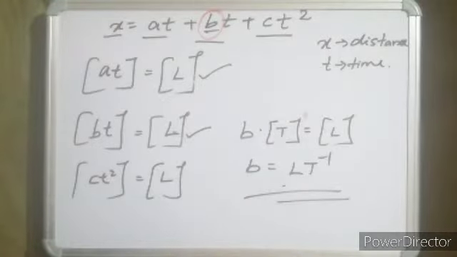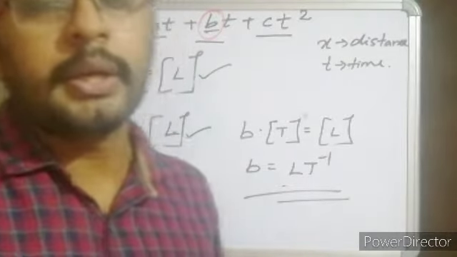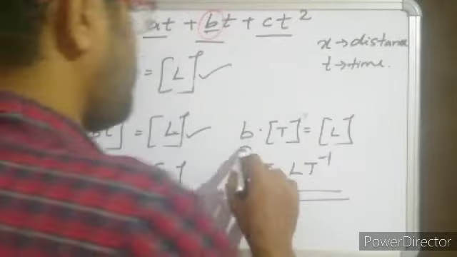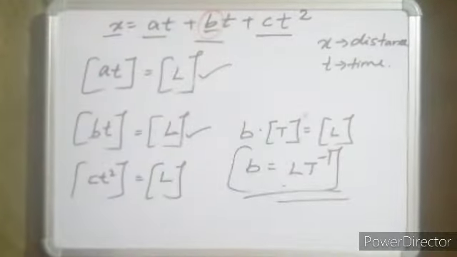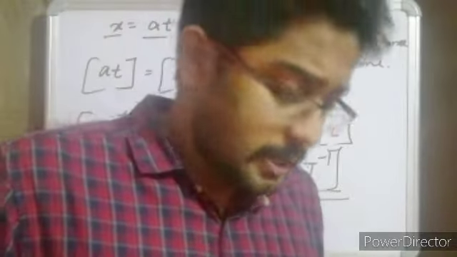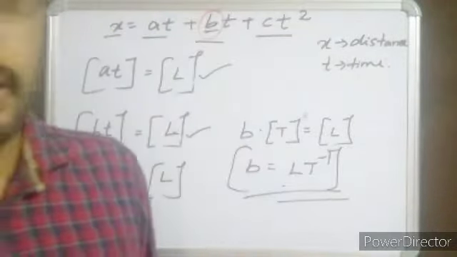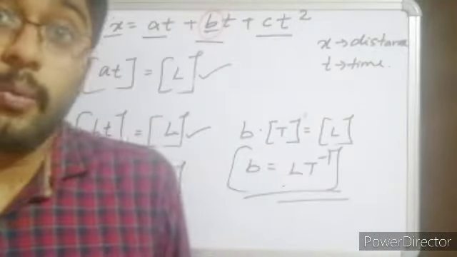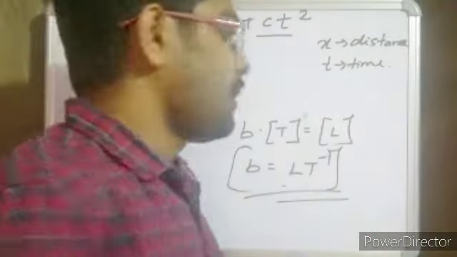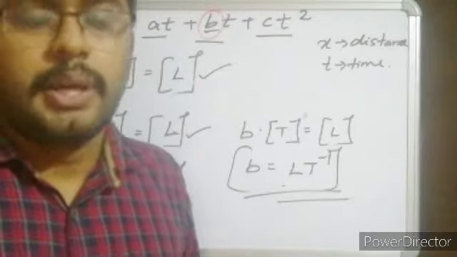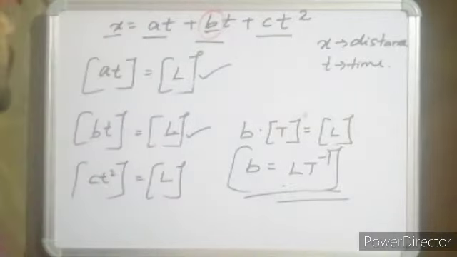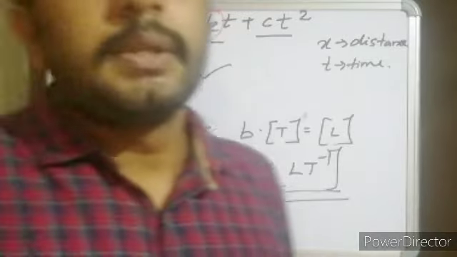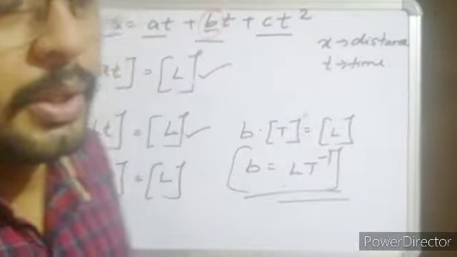Again, that is b, and its quantity here is speed or velocity. It can be speed or velocity. One such disadvantage or limitation of dimensional analysis is that it can't predict whether it is a scalar quantity or a vector quantity. So if you write speed, or even velocity, it is fine. So that is about it.